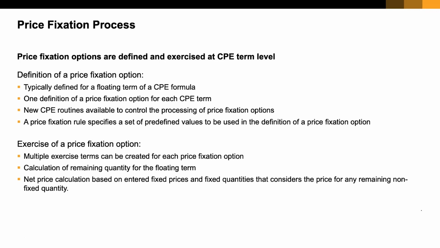This is the same stuff we spoke about earlier, that the calculation of the total term rate will depend on the quantity which has been fixed and the quantity which is still floating. And the floating quantity is automatically determined by the system based on the total line item quantity, total commodity quantity, and the quantity which has been fixed using